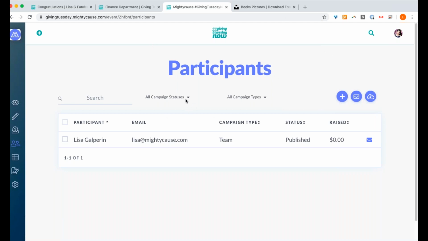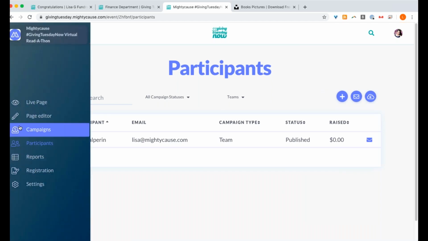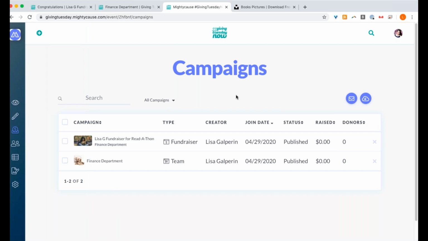You can also use the search queue to search different campaign statuses. Maybe you want to help a fundraising page publish their page, or you want to look up all of your teams and quickly send out a message to all of your team organizers. That's all available in your participant section. Within your campaign section, that's going to list out all of the fundraising pages that have been created. It's similar information. However, the key difference is that